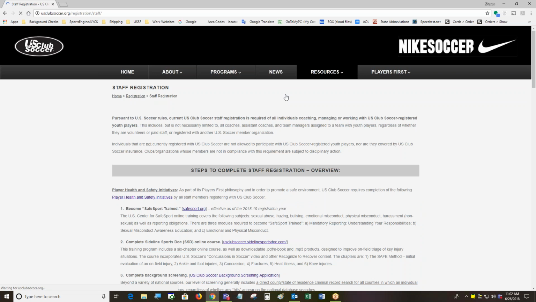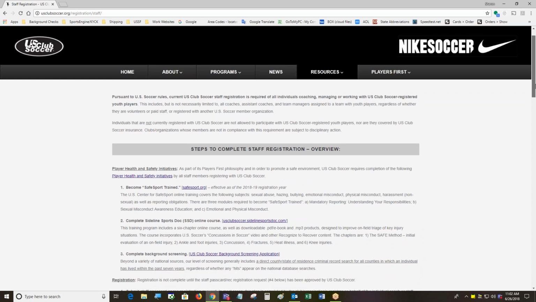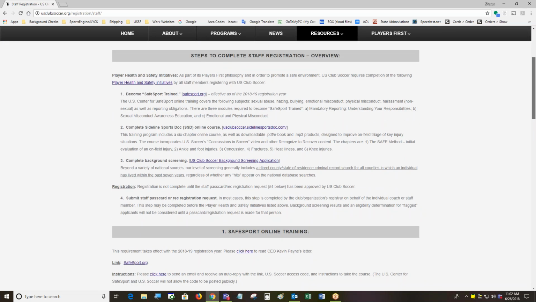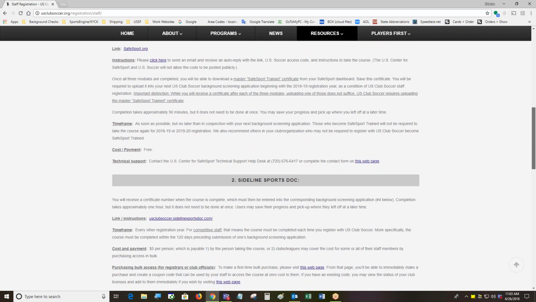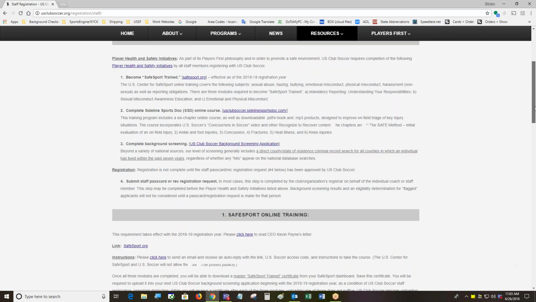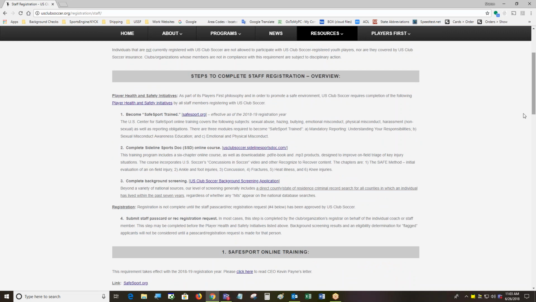Staff registration is kind of a step-by-step here to assist. The upper part is just a little short overview, and it does have hyperlinks to the areas that they need to go to. But if they'll scroll a little further down, they see a lot more information concerning each item that's listed here. This year, we have a new training course that everyone is required to take, and that is